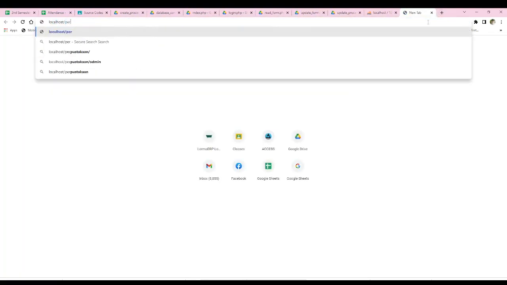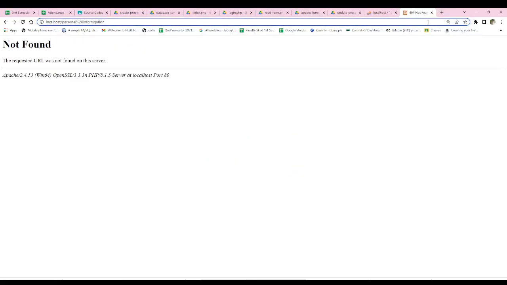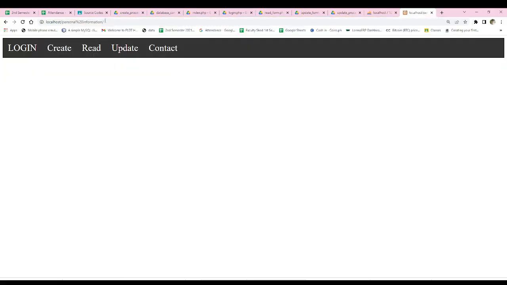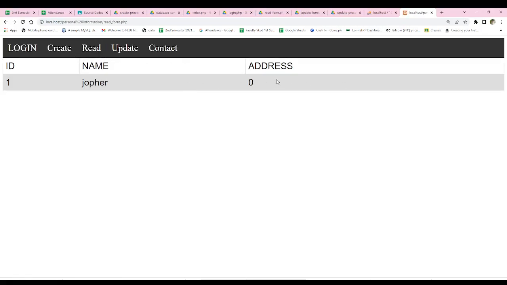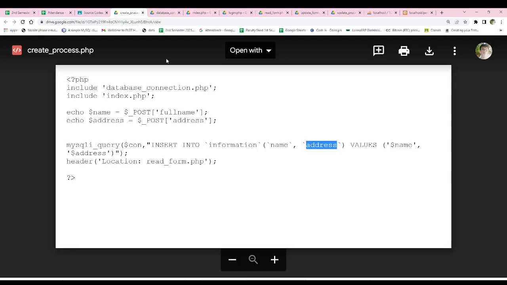Localhost, then personal information. So the login, create, read, update, and okay. For example, paper SFC, submit, there, address. What happened to the address? The name is address, and